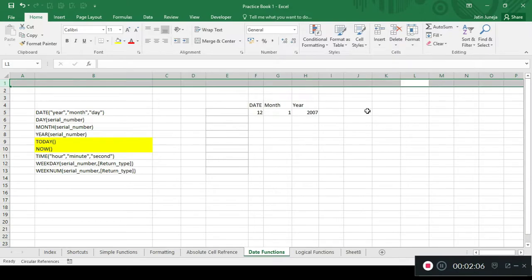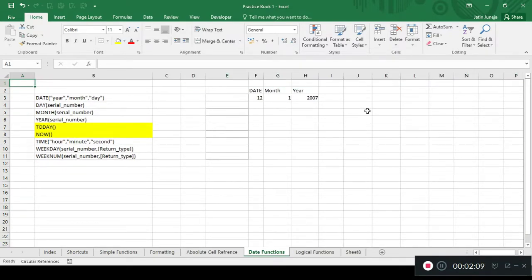Now let me tell you a few functions on how to deal with dates. Suppose we are working on a file or a project, and dates are given in this particular format. This is the date 12, this is the month 1, and this is the year 2007. This nowhere looks like a date until and unless it is combined. So to combine this and make it a date that is easily recognizable,